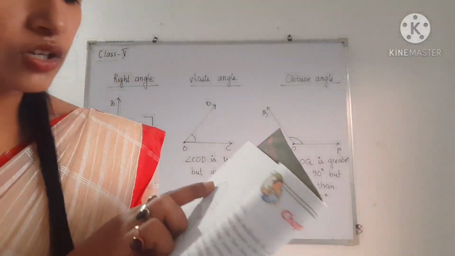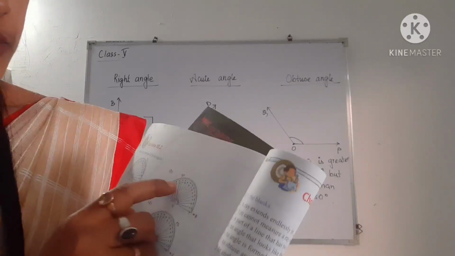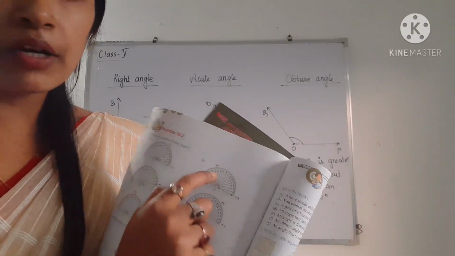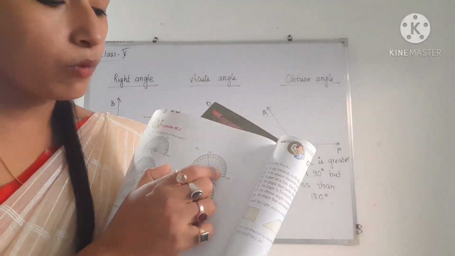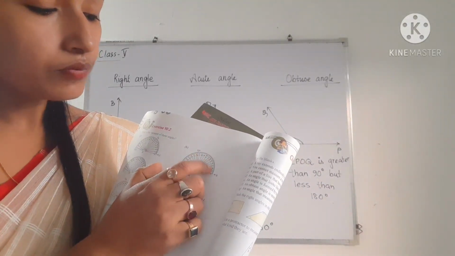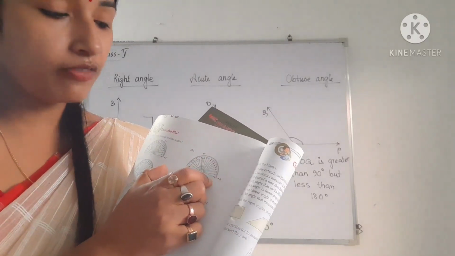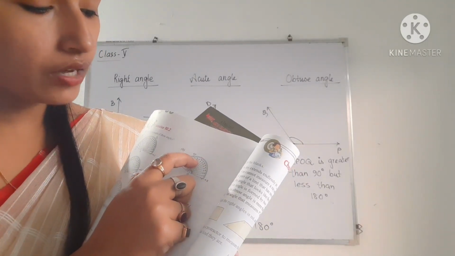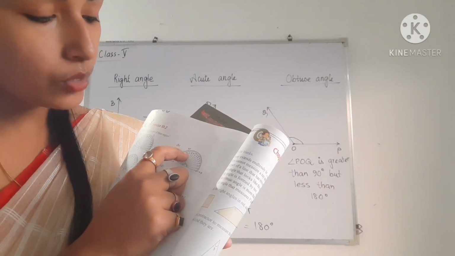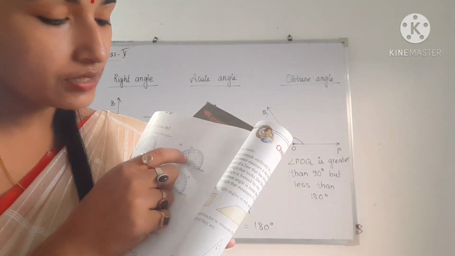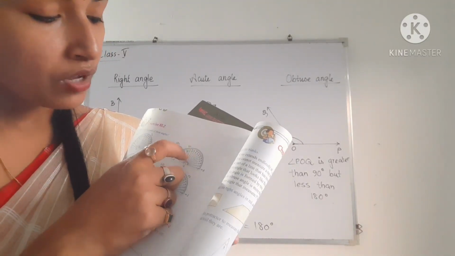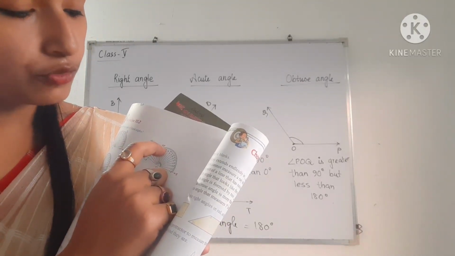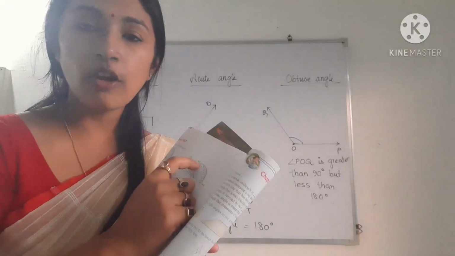So see the measure of this angle. The angle comes in between 110 degrees and 120 degrees. Remember, you have to see the lower scale, the below one, not the above one. So after 90 we have 100, then 110, then 120. In between 110 and 120 the red line goes. So it is how much? 110, and after 110 you have to count 5 small lines.